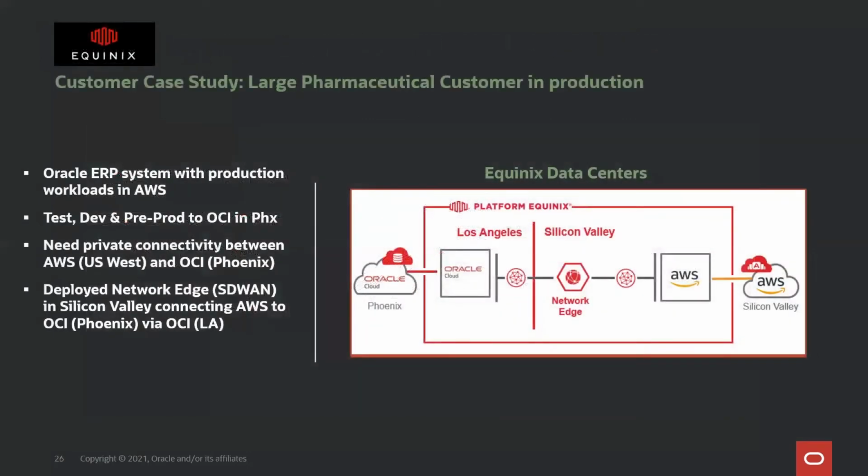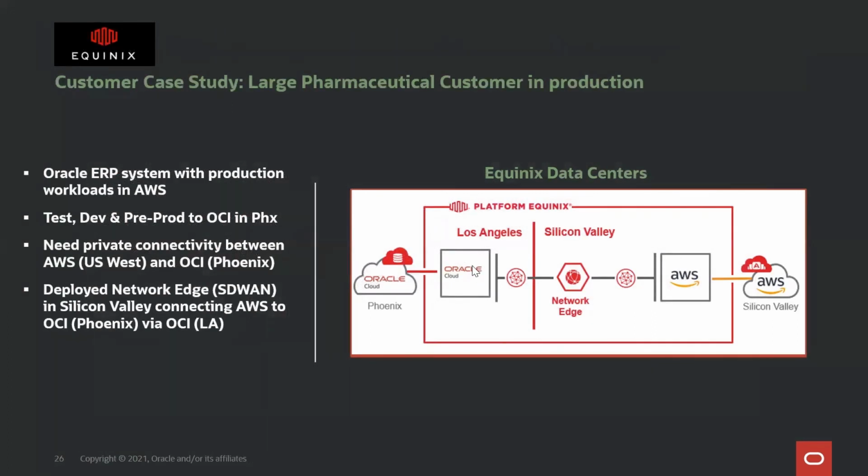And here's an example of a customer. This is a large pharmaceutical company down in LA. As you noticed, they were a large Oracle ERP system, but they also have production workloads in AWS. So they are connecting from the OCI Phoenix region into our Fast Connect enabled POP in Los Angeles, so the Oracle Cloud Los Angeles Fast Connect location.